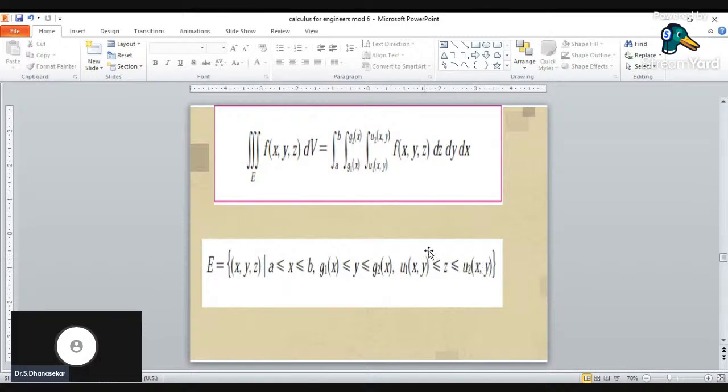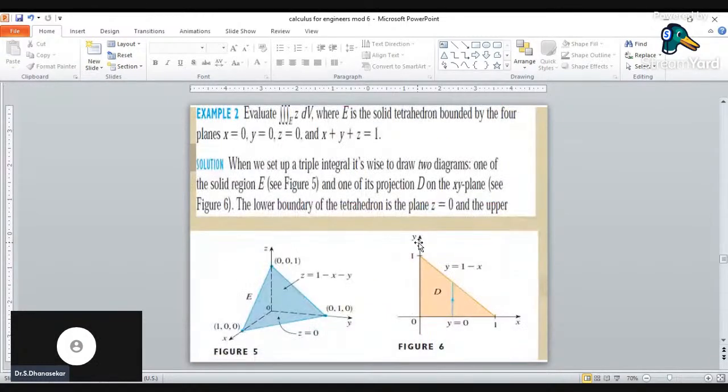Okay. Now in this also you will have functions. So my inner integral z will be in terms of x y. My inner integral y will be in terms of x. My outer integral x will be a constant. Integral a to b, integral g1 of x to g2 of x, integral u1 of x comma y to u2 of x comma y. So now an example is given: triple integral over E of z dV, where E is the